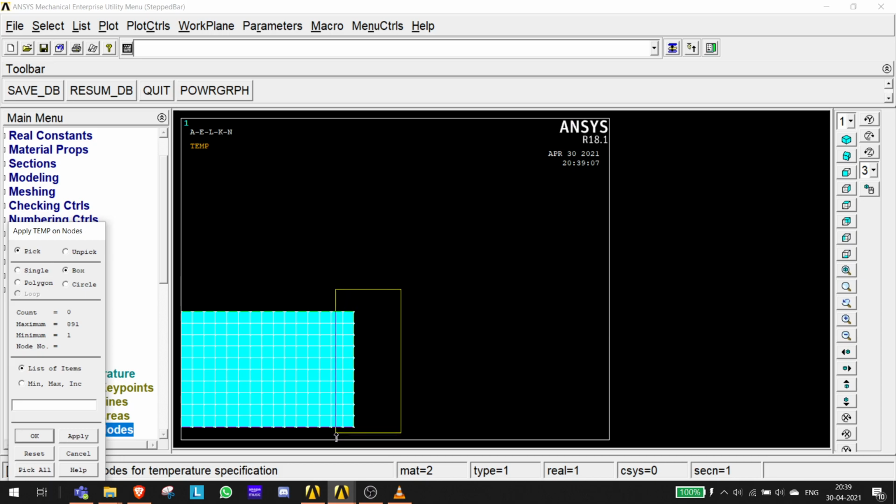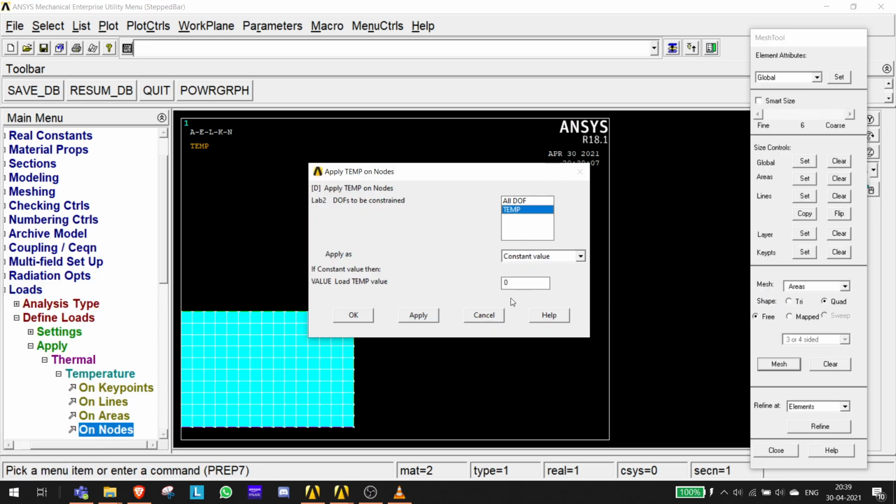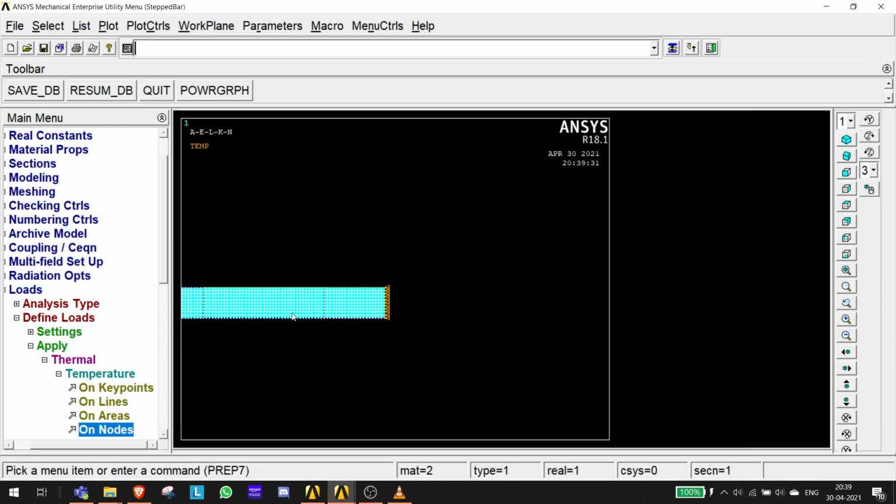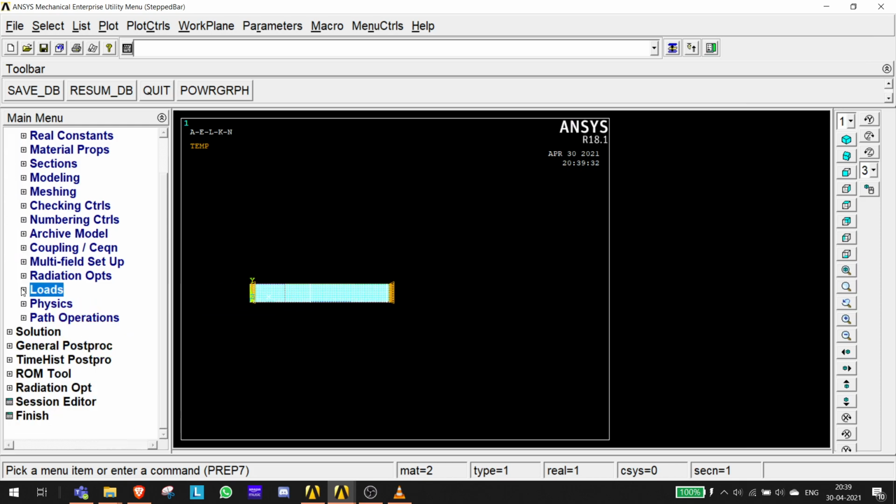Don't keep it like this, otherwise it will select these nodes also, but you have to keep in mind that you stay under this white line. So just keep it till here and see all these nodes are selected and click apply, and temperature should be at 20 degrees Celsius. So I'll click on 20 and I'll do OK. So now this is at 20, this is at 0, and now we just solve the model.